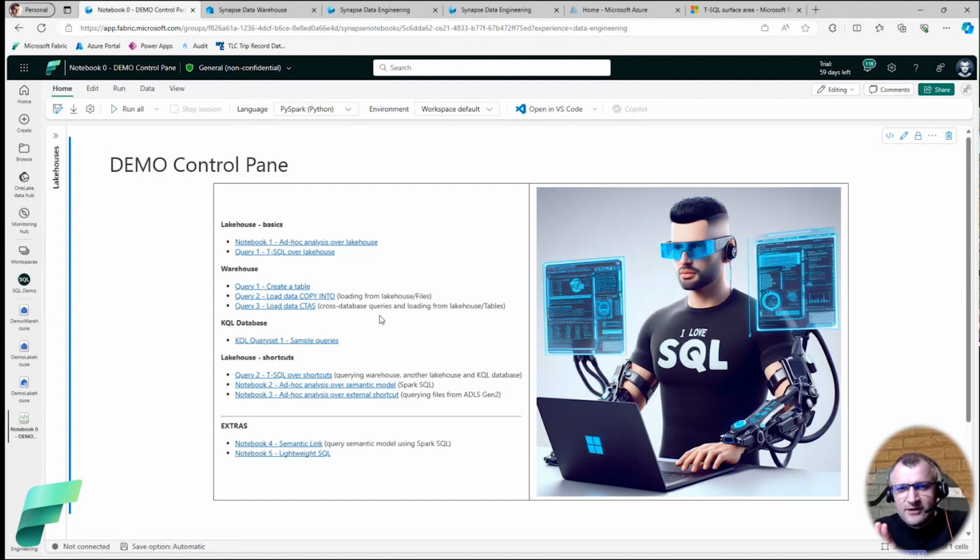You don't have to worry about the lack of temp tables, because you still have plenty of options to get your data shaped before you load it into the serving layer of your data marts, stored as tables in data warehouses. Now, for KQL,